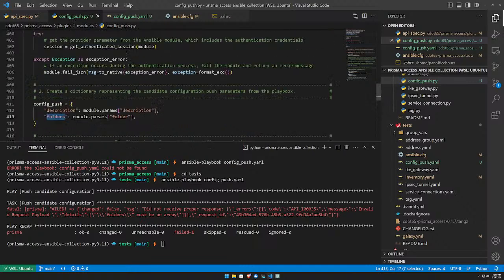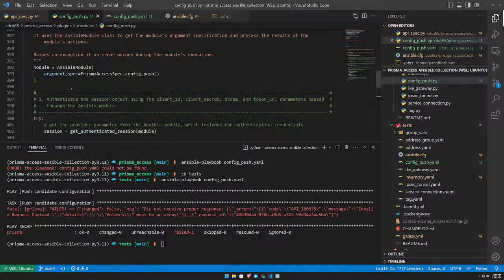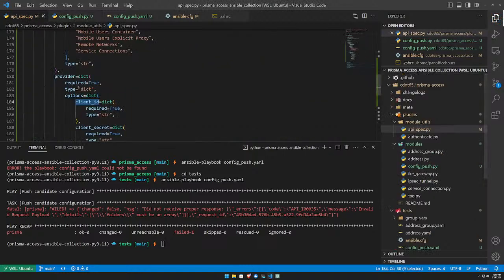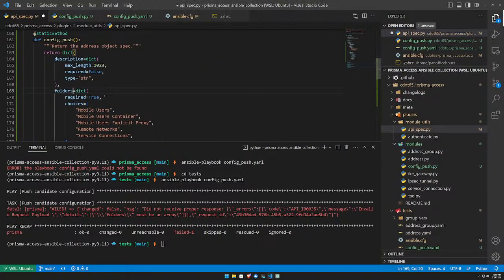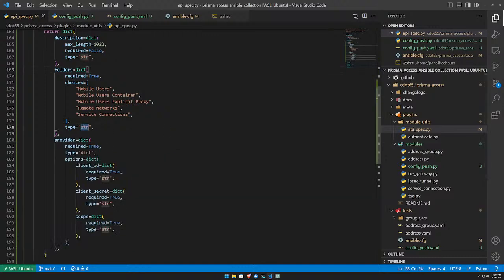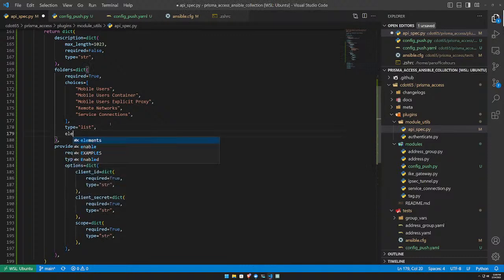So I'll back up on what I had said earlier about masking this. This definitely needs to be folders. And the API spec also needs to change. Folders. And the type also needs to change. It's no longer a type of string. It's now a type of list. And there are elements in this list, which are going to be,